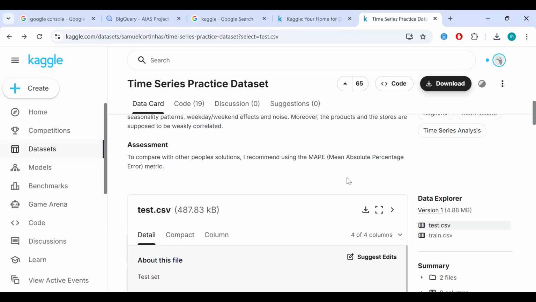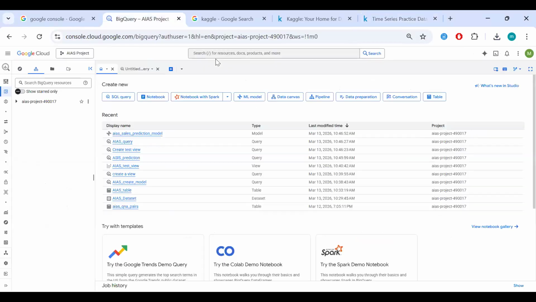So now that we've determined where we're getting our data source from, let's go back to our platform and upload that data. As you can see on our left, we have our project, and our project hosts different files. It has our repos, our queries, our notebooks. If you're familiar with notebooks, we have Google Colab, which is a platform that allows you to write code without having to worry about the hardware for your processing. Like I said, you'd have used Google Colab to train your model before you had to move it to a platform like Azure to host your model. But now you can do all of that on BigQuery ML.